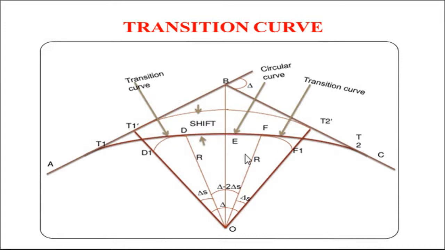Now see, in case of a transition curve, the radius of the circular curve is say r. So this radius r, and for a certain length of the transition curve the same radius is kept, and after that this radius goes on increasing, and finally at T1 the radius is infinity, and the same is the case to this transition curve also. Radius is increasing and here it is infinite radius.